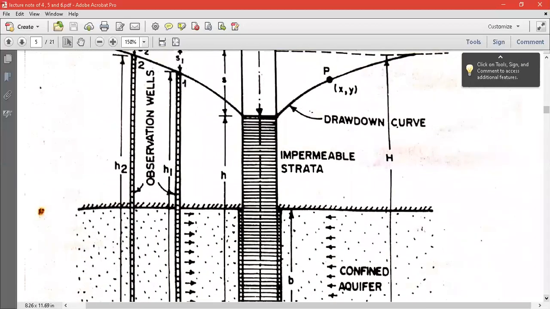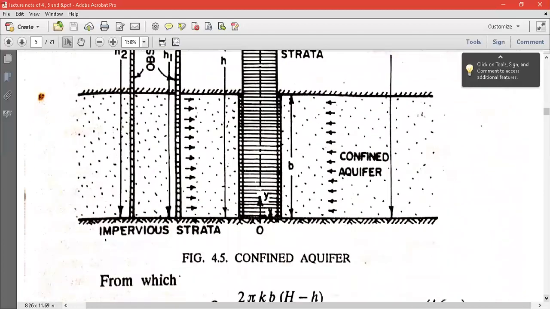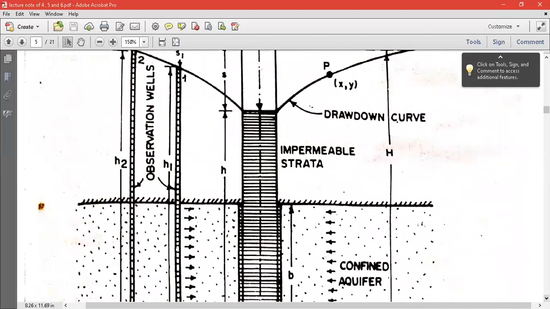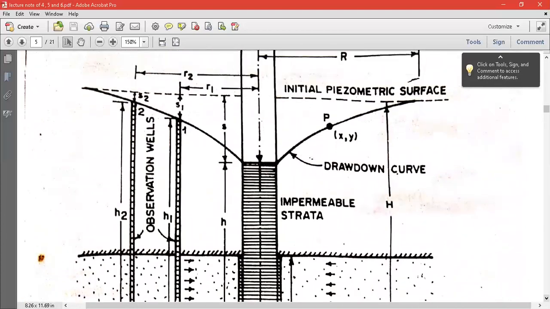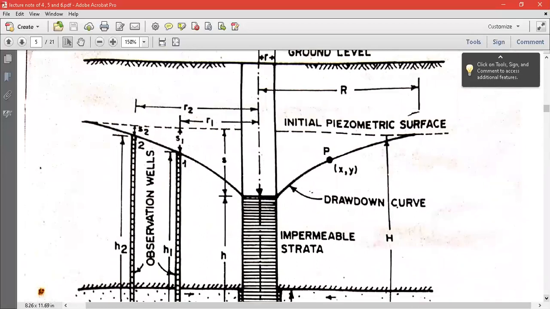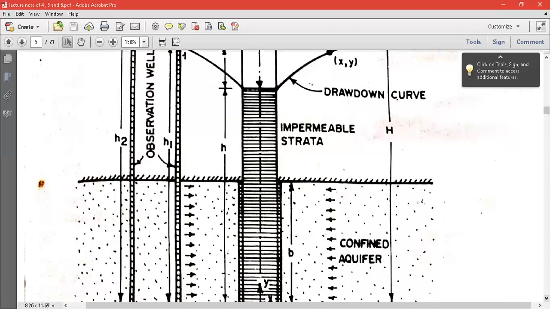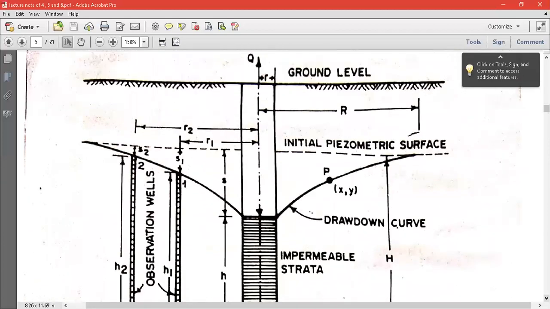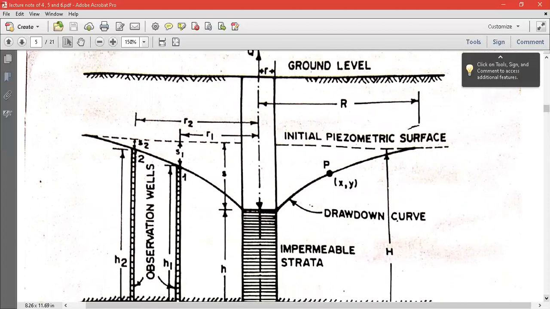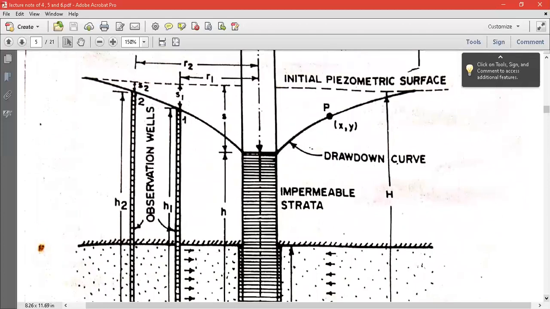You see, as shown in the figure, it is not open to the sky, because above this confined aquifer, again one impermeable layer rests. Since it is sandwiched between two impermeable layers, it is called confined. That means it is confined between two layers, so it is not open to the atmosphere or the sky like the previous one. In this case, the formula will be somewhat different from the earlier one, because the condition has changed, and here we have come to the confined aquifer.